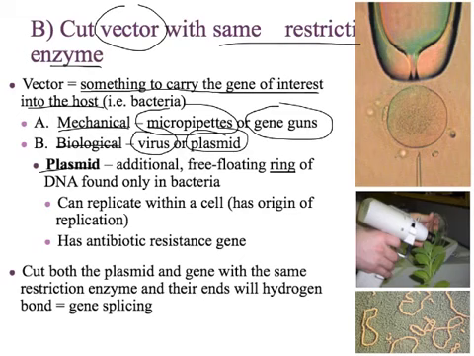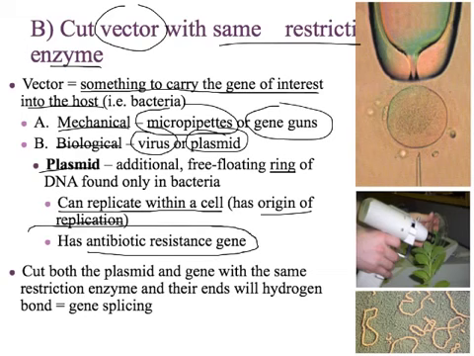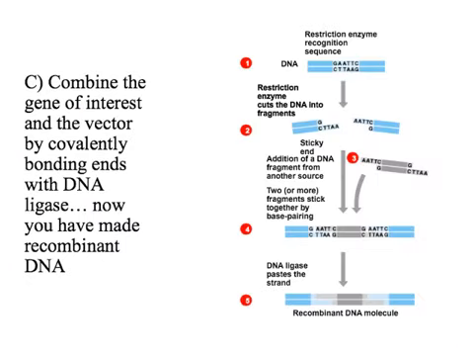Okay? Plasmids are kind of cool. A couple notes. They can replicate on their own inside of bacteria. So they have an origin of replication, and they also have antibiotic-resistant genes. This is going to become important a little bit later on in a few videos from now, so just keep that in mind. Okay, so if I cut both my plasmid and my gene of interest with the same restriction enzymes, their sticky ends will match, and they'll be able to bond together. Okay, so I have a picture of that here. So you can see,